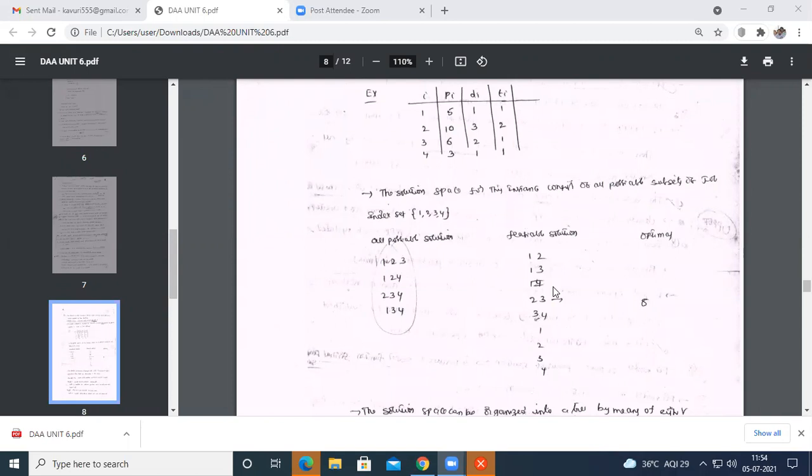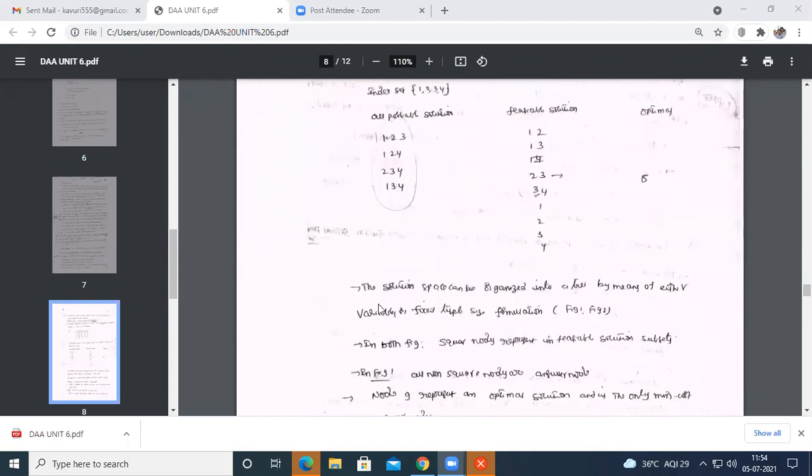So the solution is represented by a solution space tree; these are all the solutions. The solution space tree is organized by either a fixed number of tuples or a variable number of tuples. The first one represents a variable number of tuples. The second one represents a fixed number of tuples.